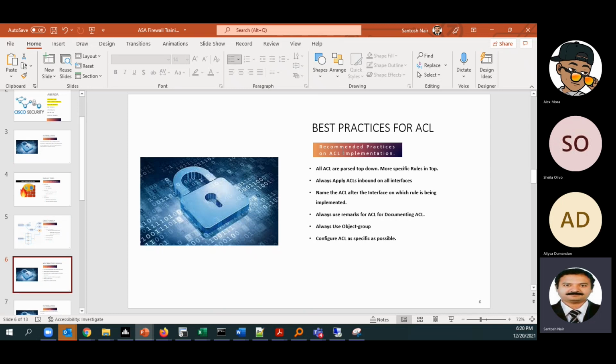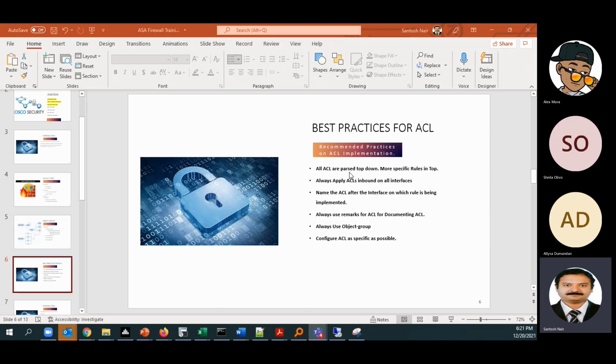So next is the best practices in implementing ACL. We had a separate session dedicated to this, if you remember, for a Palo Alto firewall, right? Whenever you are implementing ACL, you have to always think of the best practices that we have to take care of. The first one we have to understand is that all the ACLs are processed from top down. The first rule will be checked first. That condition will be checked first, and if it matches the condition, it will be allowed. If there is a deny for the first condition itself, it will get denied, right?